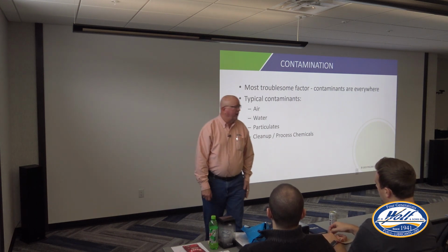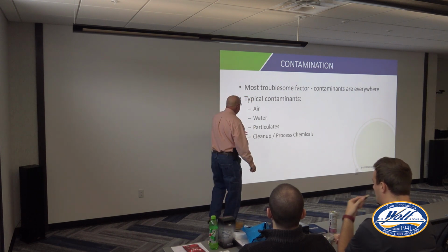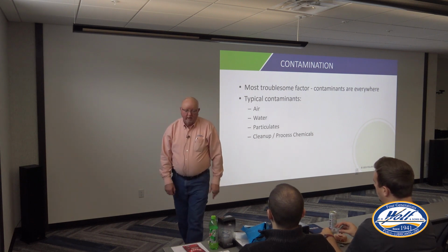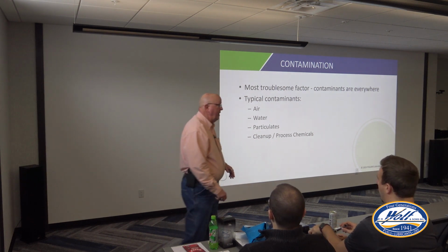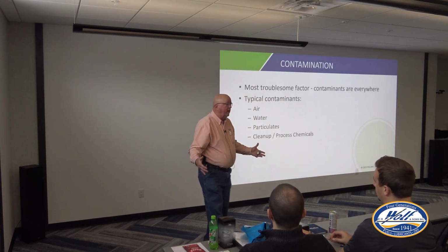What are you talking about there? Well, one of the most common ways that we see cleanup process chemicals get into a lubricant, let's say a guy's got a gearbox and he's got a cap on that reservoir on that gearbox. And you got a guy that's doing maintenance and he's cleaning up his area. And he takes one of these